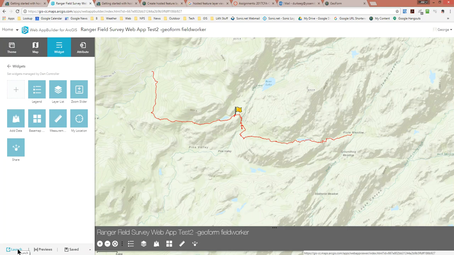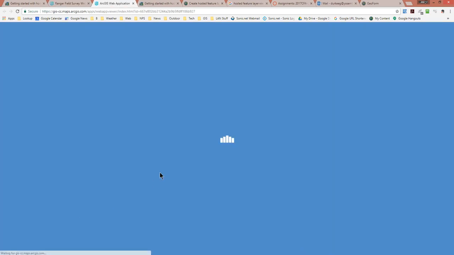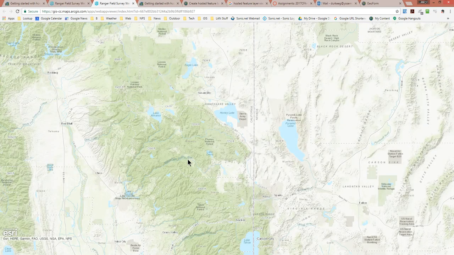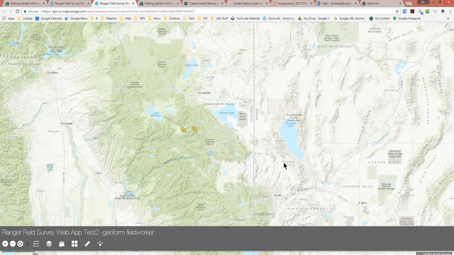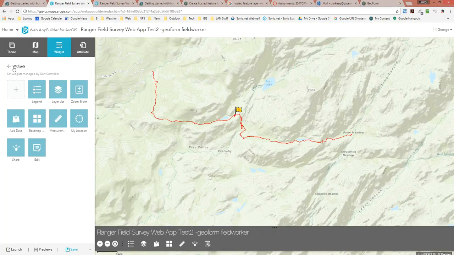And let's launch this so we'll see what it actually looks like. Okay. So there's what it's going to look like, and looking at it, I realize I've made yet another mistake. Hard to believe. So it's back to configure. I didn't even put in the editing tool that allows us, we're just looking at the map and we're not able to actually add data to it. So we need to add the editing tool,